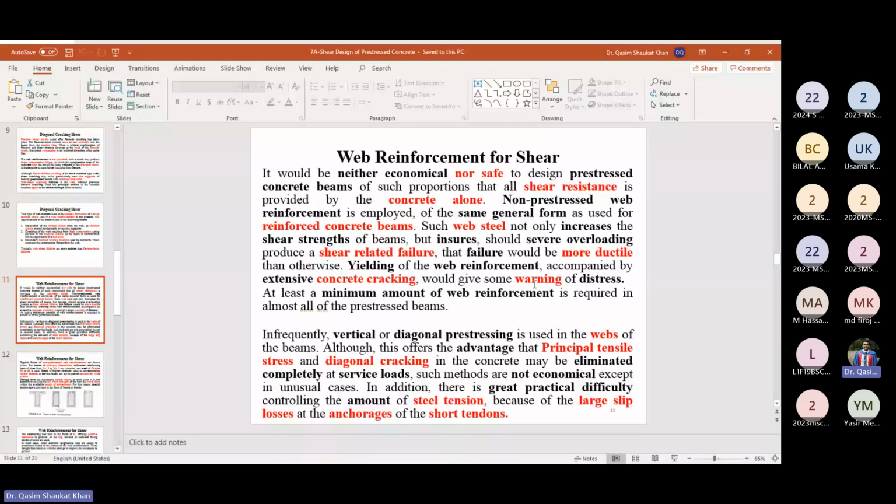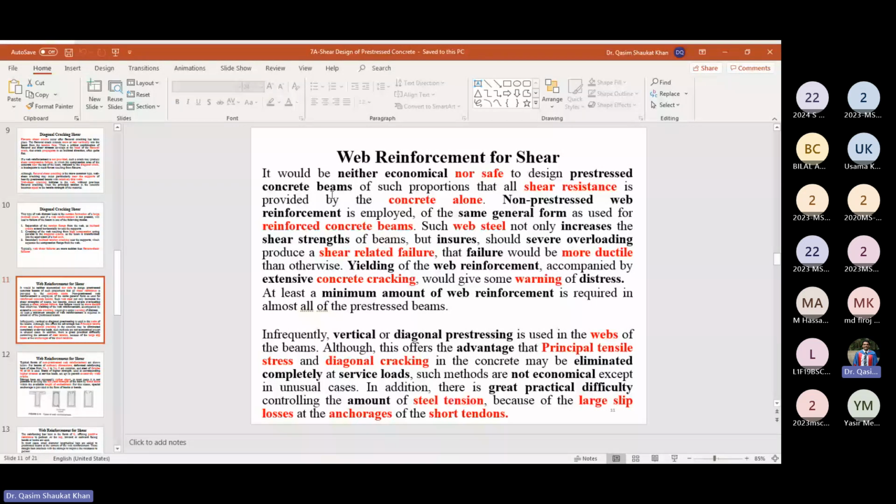So remember this, that we always prefer that failure which gives us some sort of warning. So ductile failures are preferred. A brittle failure which occurs very suddenly is not a desirable failure. So I repeat, it would be neither economical nor safe to